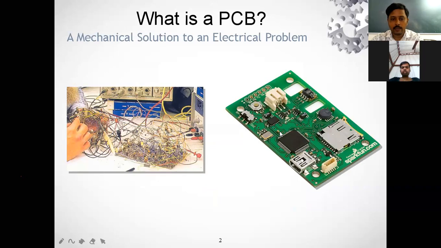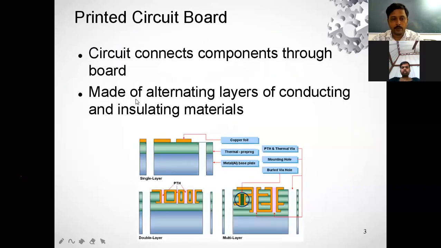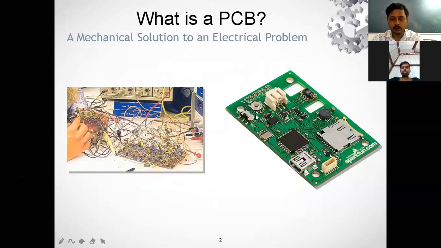15 components are there and they are connected through the board, not through wires as it is displayed here. This is how printed circuit boards are featured and made of alternating layers of conducting and insulating material. If you are going to connect one component with another component or with the energy source, you must have some conducting materials like wires, and you must have some resisting material to avoid connection with other things.